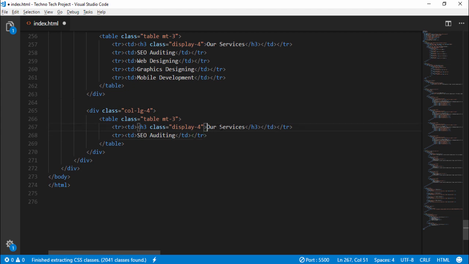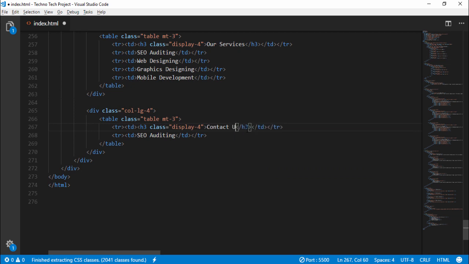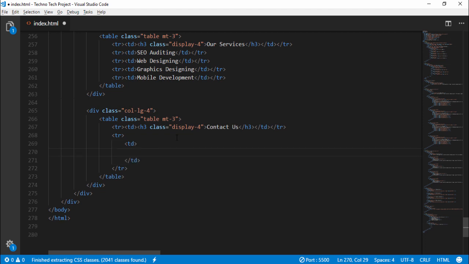So I change the heading tags to heading contact us, and under the td I make a column form. Okay, just a minute. Okay, this is our td, right? Under the td I make an